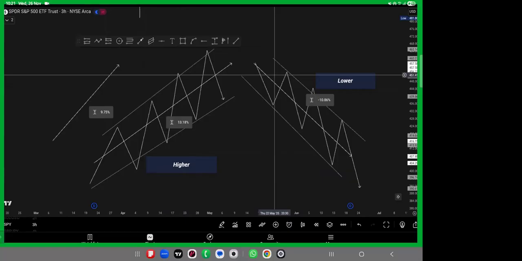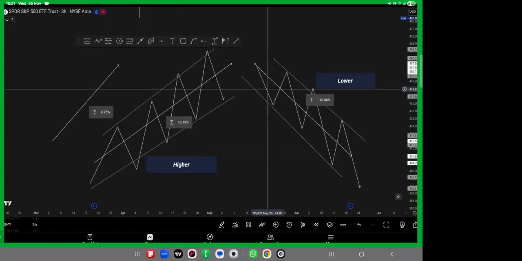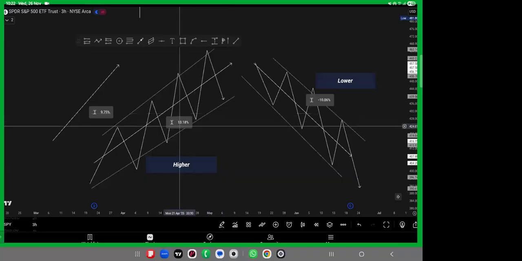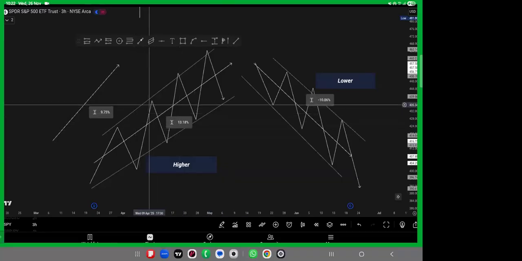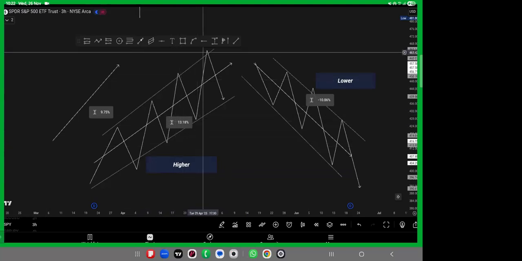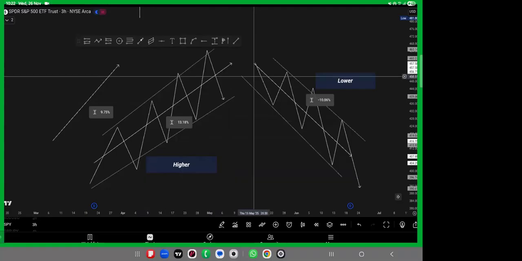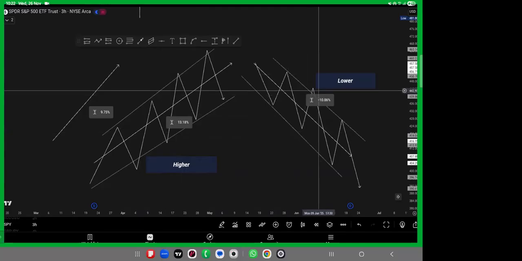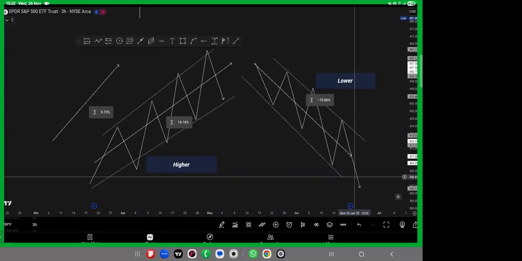So with that being said, this is how we usually identify supply and demand trends. In a demand trend you will see price giving us higher highs, higher lows, higher highs, higher lows. And in a supply trend, the market will give us lower highs, lower lows, lower highs, lower lows. So this is all you need to know about trends.